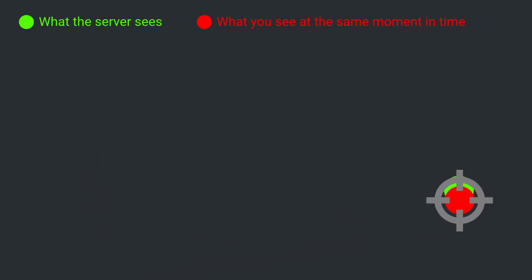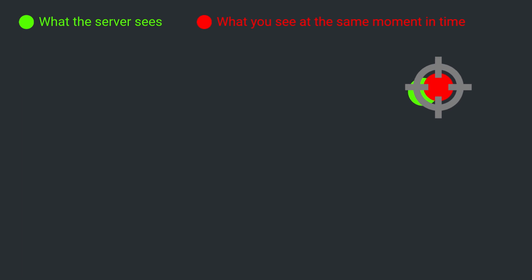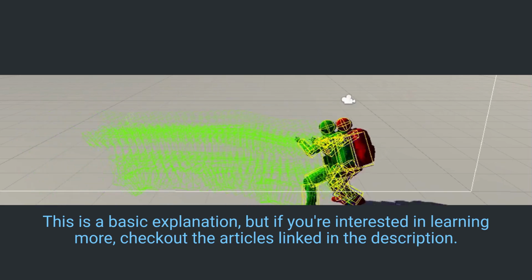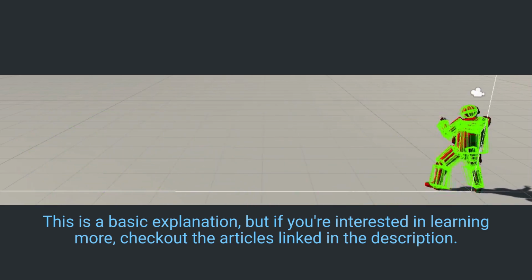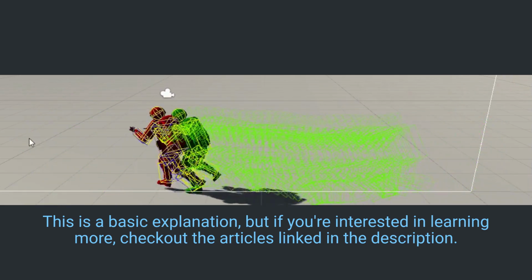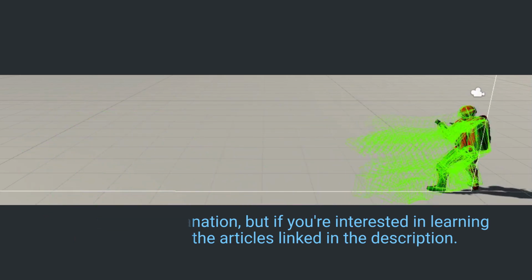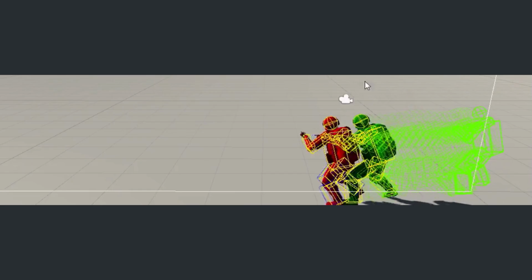To address this, many games where shot accuracy is important employ a technique known as lag compensation to hide the latency. Lag compensation basically has the server store a short history of relevant hitboxes' positions. This way, when a player shoots, the server can rewind all the hitboxes to exactly where they were in the shooter's point of view at the moment that he took the shot,